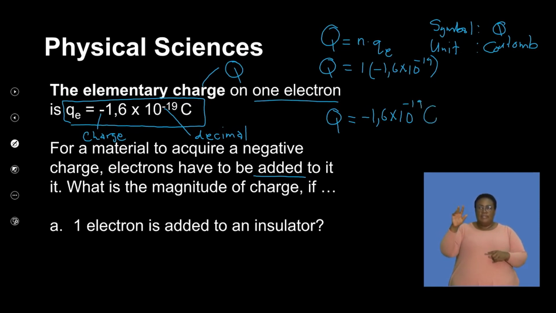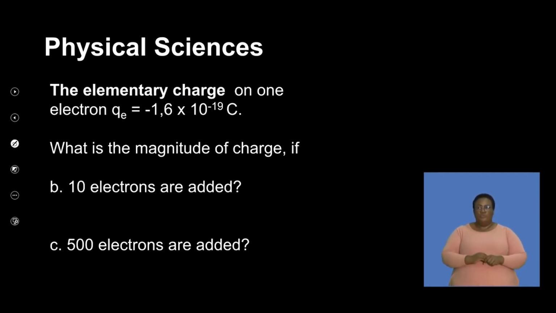So the number of electrons that we add to a neutral material determines the resultant charge after that. Let's continue with our predictions. Now, what is the magnitude of charge if 10 electrons are added? If we add 10 electrons, the charge becomes